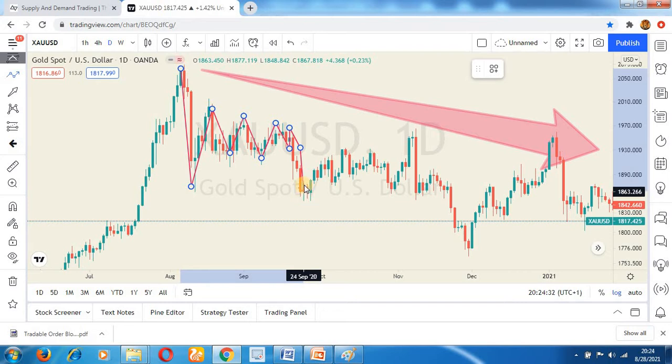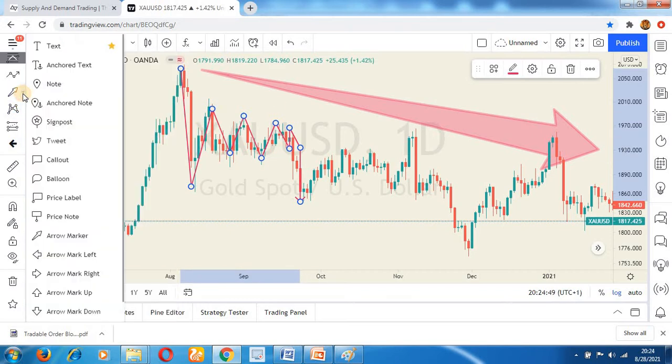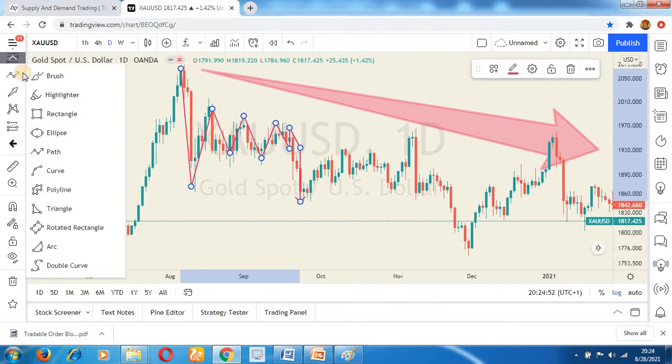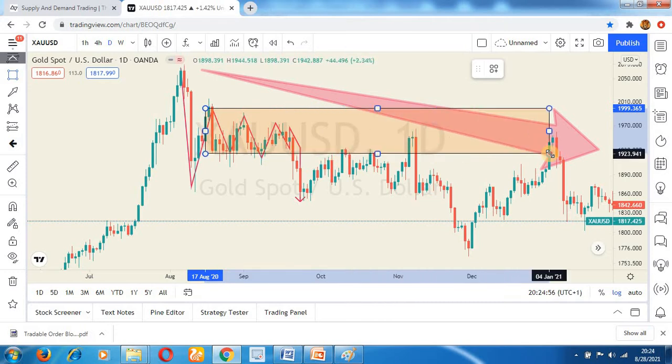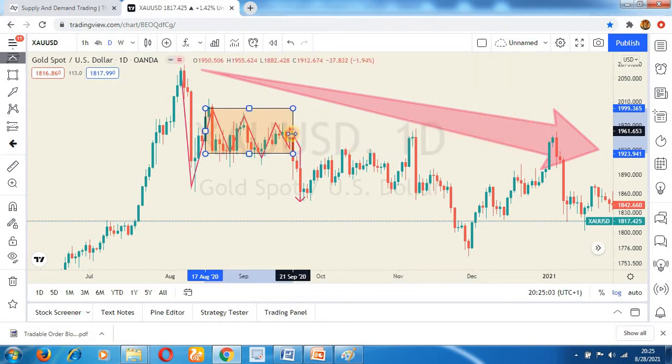So looking at this, I'm going to take off all this. How do you now determine your demand and supply zone? Now for this particular trade, all this area is called a demand and supply zone. All these points, let me use a rectangle to mark it. All this area are demand and supply areas. This area that I just marked out, this ranging market, is a demand and supply area, but I like